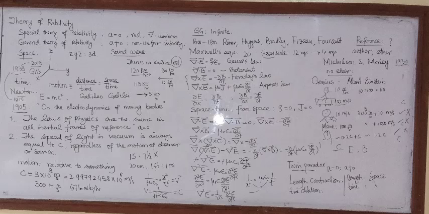Michelson and Morley did an experiment with the help of their interferometer. The interferometer they developed is now incorporated in almost all scientific devices. Michelson and Morley, probably in the 1930s, measured the speed of light in different directions, and they said that there is no ether at all. There is no such medium